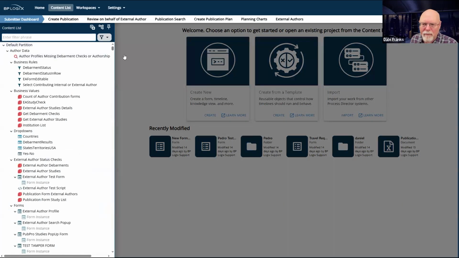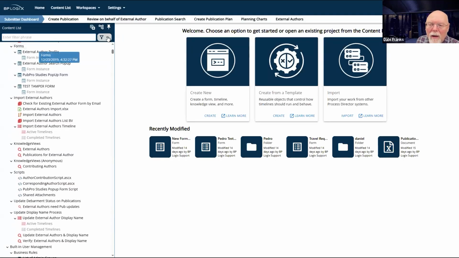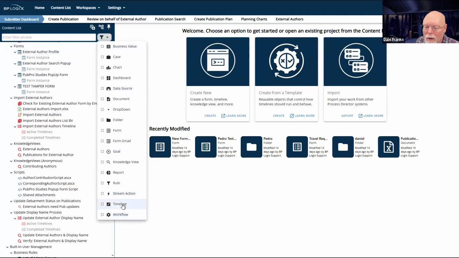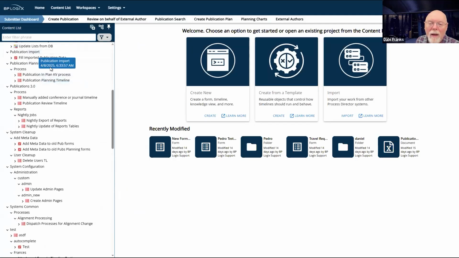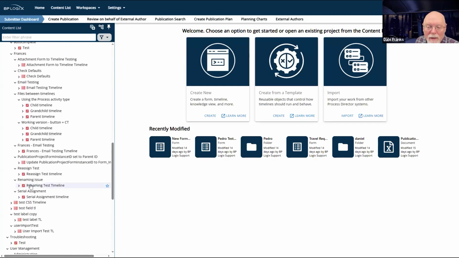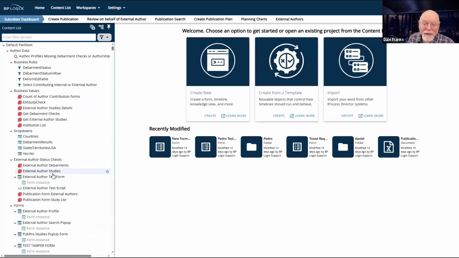Well, let me look for just timelines. That's publication planning, update, admin changes. Files between timeline. There are lots of timelines on here, but I'm trying to find the main one. No, that's definitely not it.